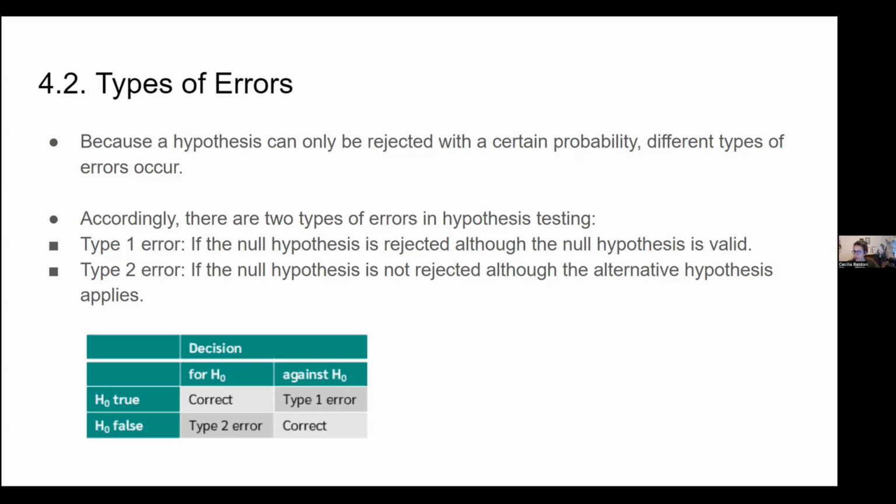So the claim is sleep hours affect class performance, and the null hypothesis is that it does not. And the alternative hypothesis is that it does. So this is the scenario. Then you collect your data, and of course, if sleep hours do not affect performance, then it goes with the null hypothesis. If it does, then you reject the null hypothesis, you kick it out, and you accept the alternative hypothesis. But then sometimes you can make an error. And what could be the error in this case?